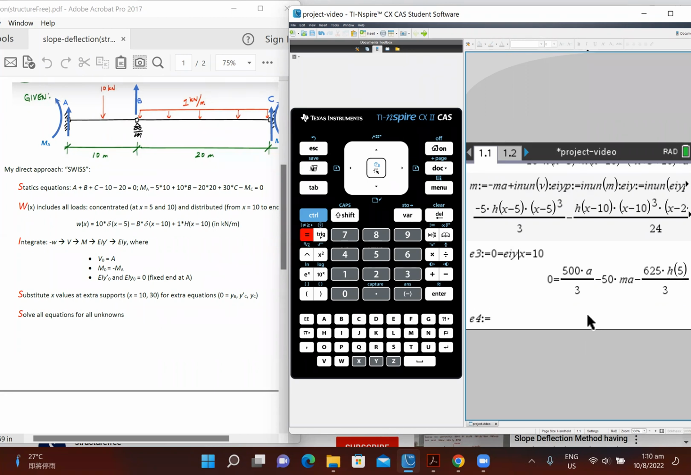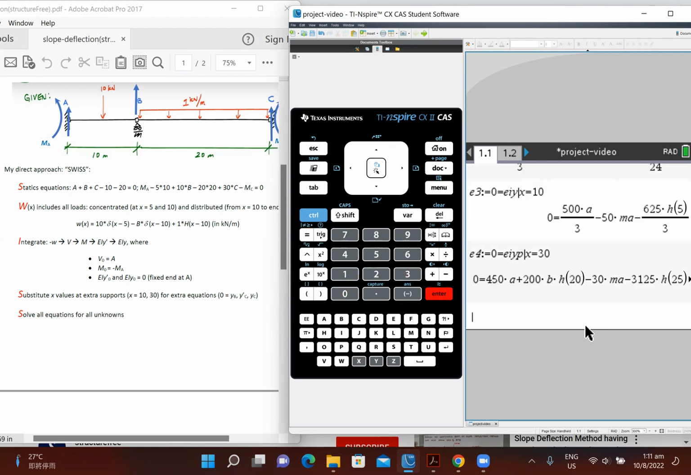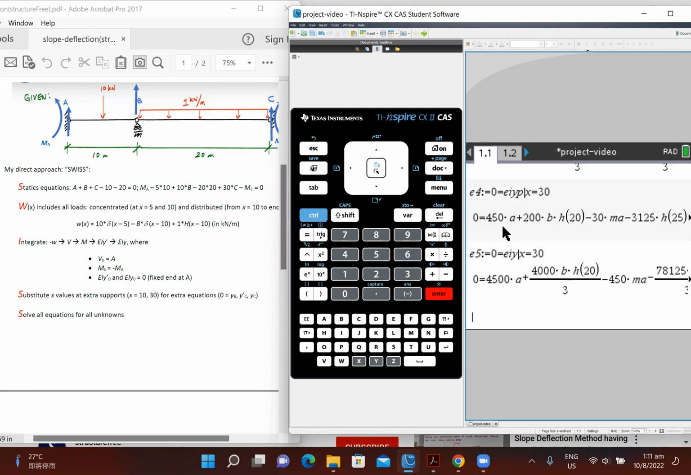The fourth equation is going to say that there's a 0 slope at the right-hand end. So 0 equals EI y prime at x equals 30. And finally, my fifth equation says 0 equals EI y at x equals 30. That's the zero deflection condition at the right-hand fixed support. Okay, so we see there are some obvious ones, which I will now